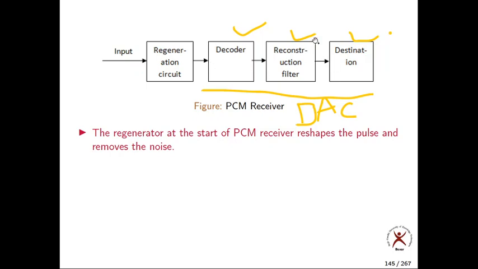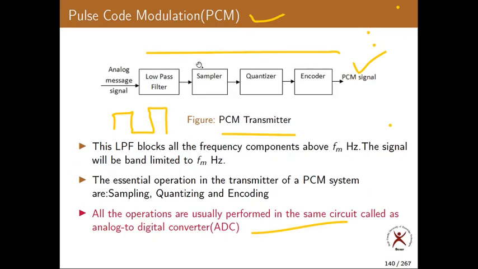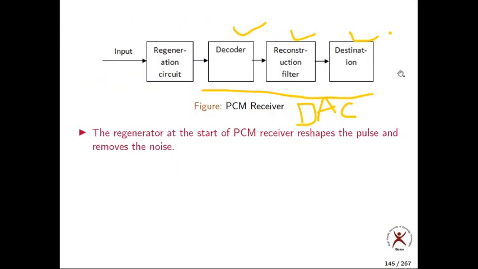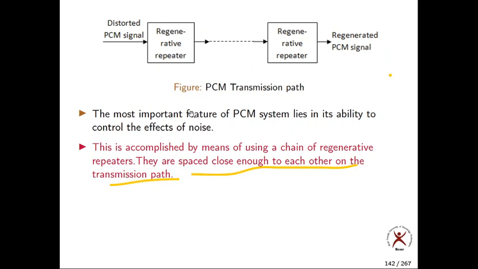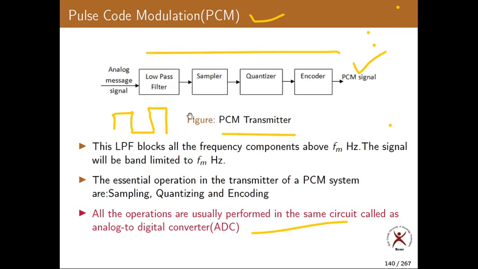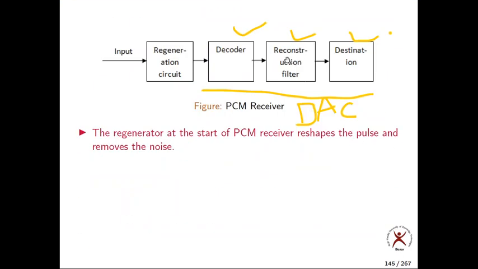So decoder, you know already. What is a reconstruction filter? It is nothing but a low pass filter having a bandwidth equal to fm, ideally fm. Generally, I told you, if you are doing something at the transmitter side, we do almost the reverse at the receiver side. That is what modulation and demodulation, a transmitter and receiver mean. Just look at this. We are doing sampling at the transmitter side, and reconstruction at the receiver side, because we know sampling and reconstruction are just reverse of each other.